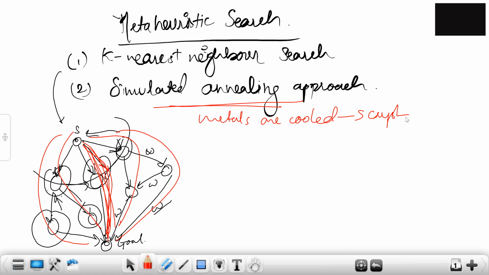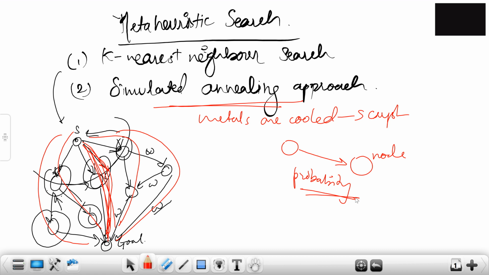So what we do in this algorithm is make very small changes from the current node to arrive at some other node. Small changes keep happening. We check by some function whether the next node is better than the current node, and based on that decision we go to the next move. If it is not better, then the move is done based on some probability. Here we have a probability of taking our destination. We check the probability of going to the next move or next node.